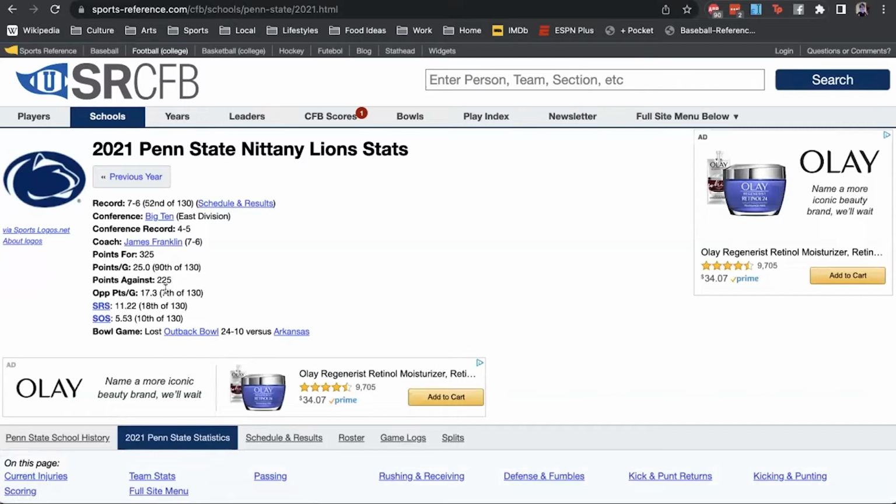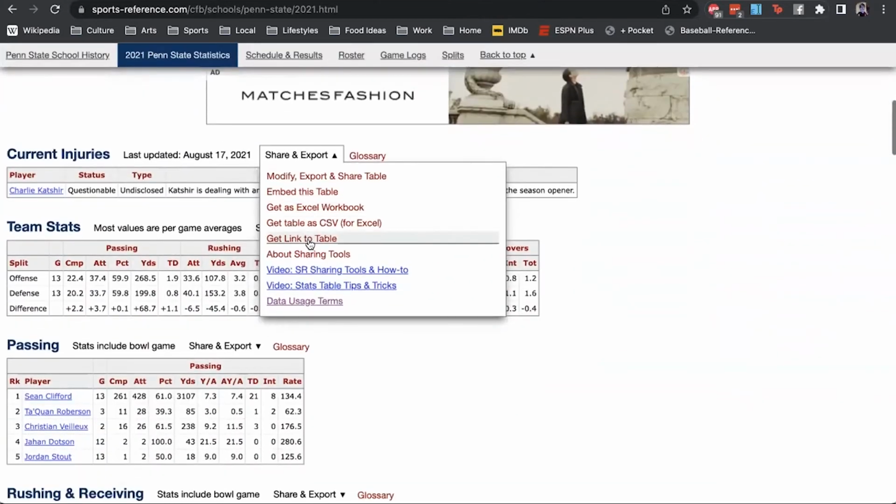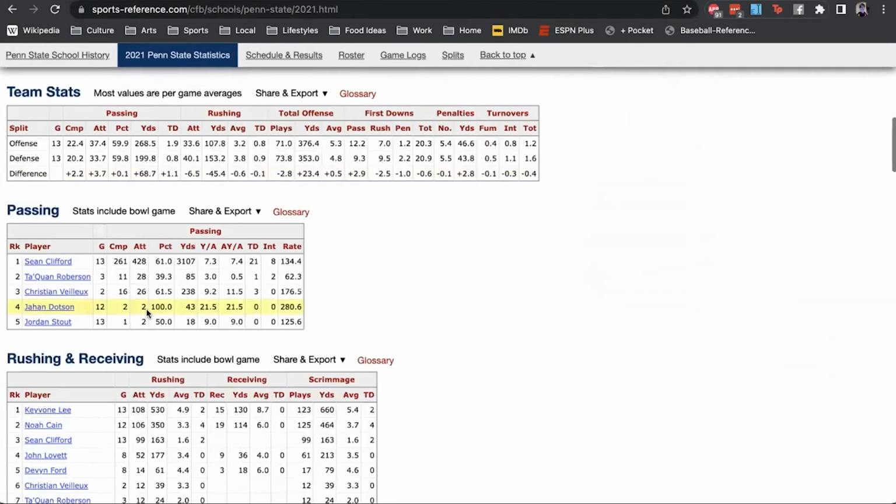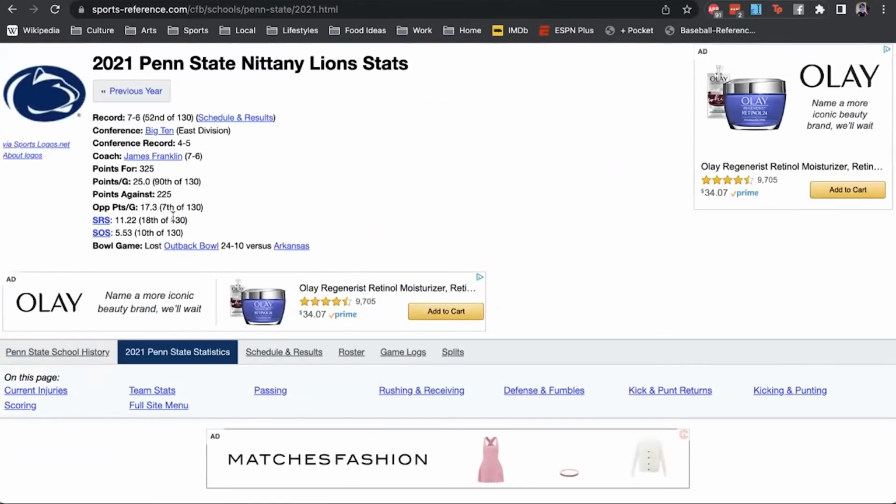So we can see, oh, he was on the 7th best defense. They were the 18th best team overall. And that's despite having the 90th offense. So he was on an elite defense that really carried a team against a top 10 schedule. So this is the kind of stuff that makes someone a pretty impressive, blue chip type prospect in terms